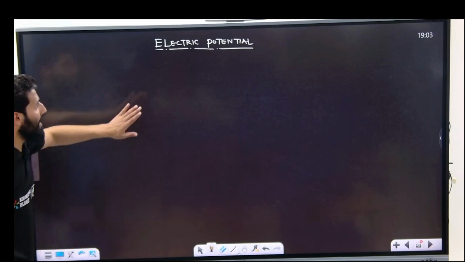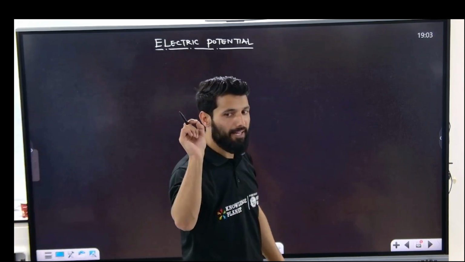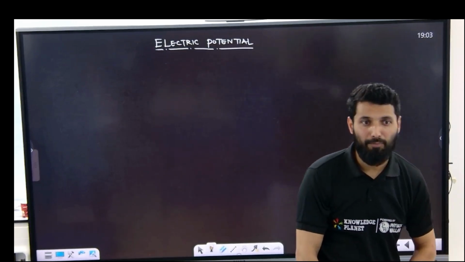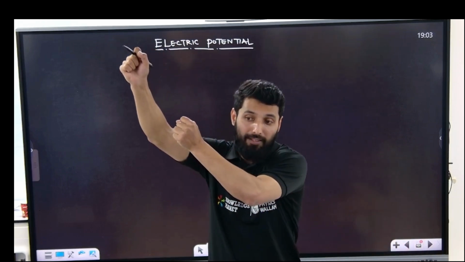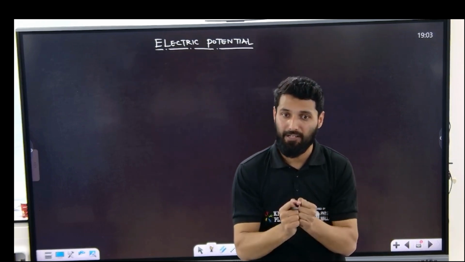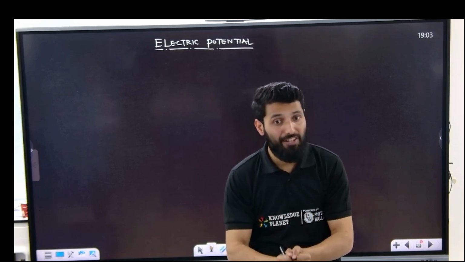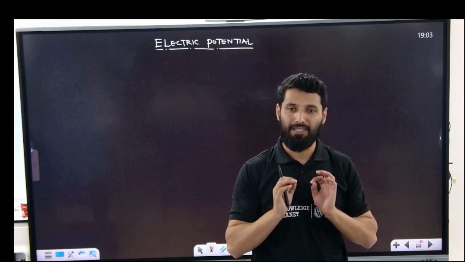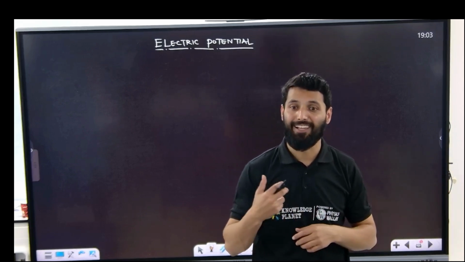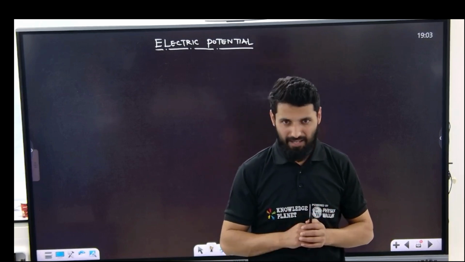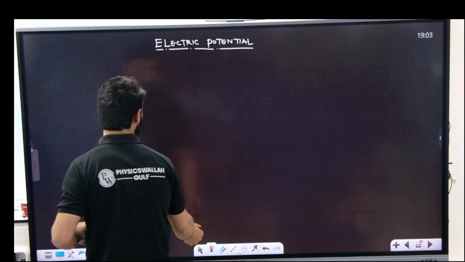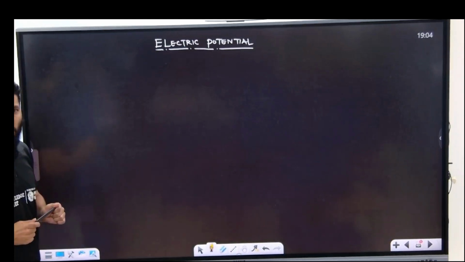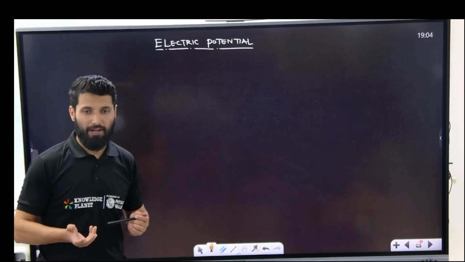Now look. I will explain potential. There I explained potential as I took a test mass, and that test mass I moved from infinity to some point inside a gravitational field. The work done to bring it from infinity to some point inside the gravitational field was stored in the form of potential energy, and at that point I could define potential. Remember? Is it clear? Similarly, here also we'll do the same thing. There we took the test mass, here we take the test charge. Otherwise the things will remain the same. The basic difference between gravitational force and electrostatic force is that the gravitational force is always attractive in nature, but electrostatic force can be attractive as well as repulsive.